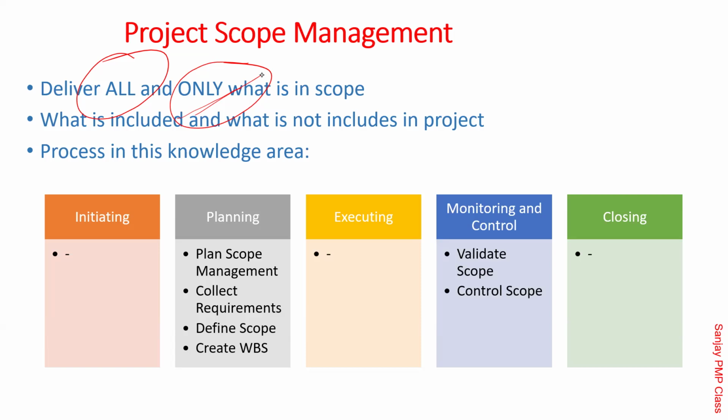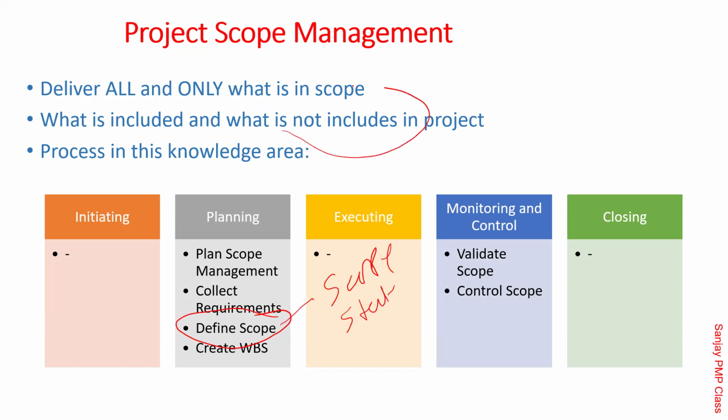A very important thing is what is included and what is not included. In the defined scope, you are going to create an output called the scope statement. In the scope statement, one of the good practices is to have what is in scope and what is not in scope. They very clearly say that. I'm sure in all your contracts and purchase orders there would be a paragraph called not in scope. Is that correct, friends? Yes, it's very common. You need to have that so that you are explicitly saying this is not there.